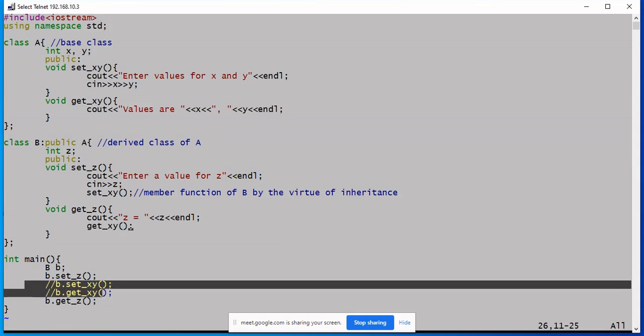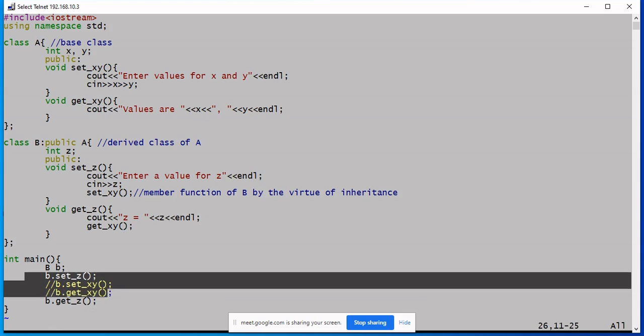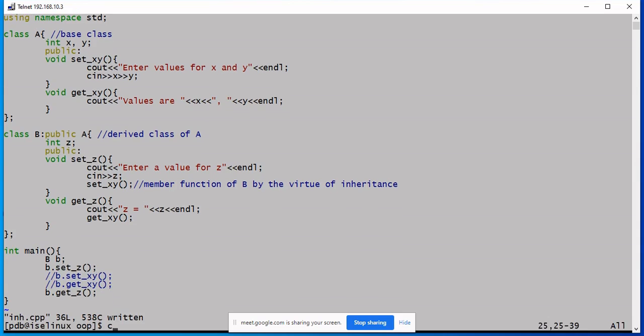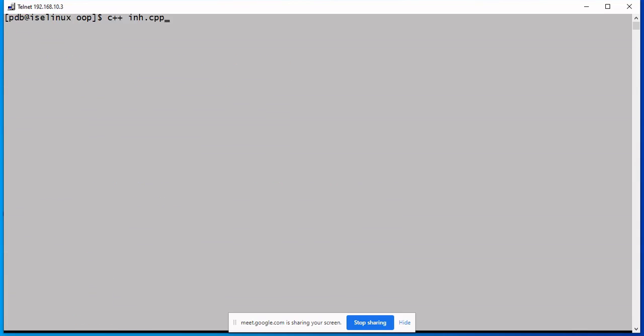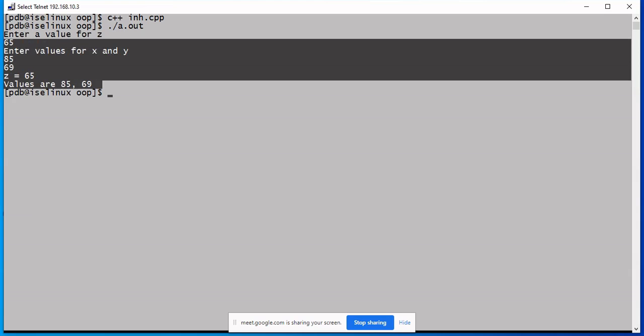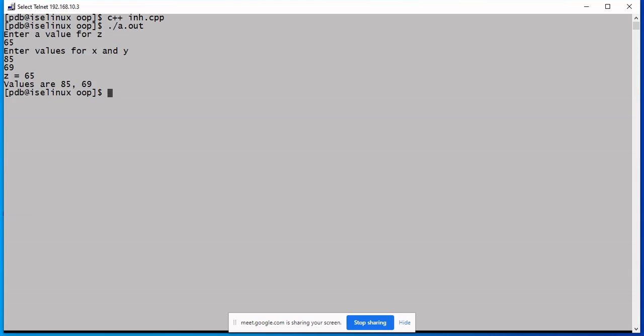So here the number of function calls reduces to 2, which was 4 earlier. There is no difference in the output even though we have changed the number of function calls.